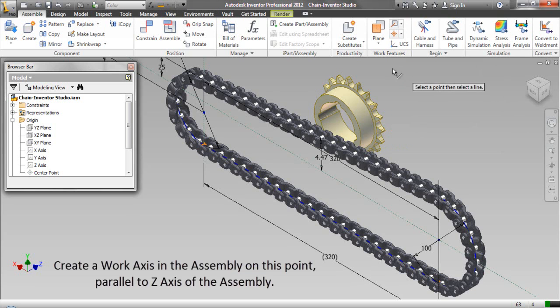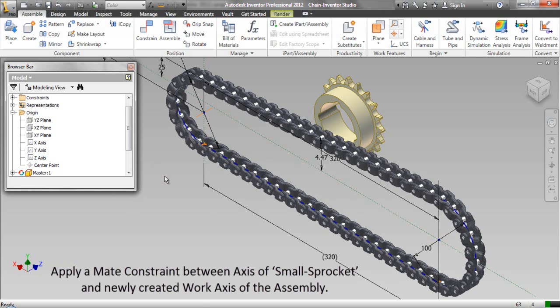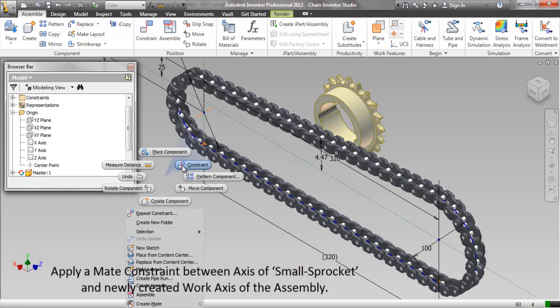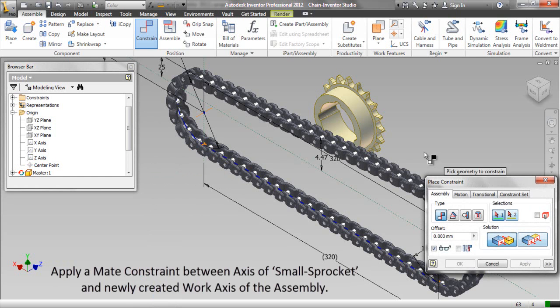Create a work axis in the assembly on this point parallel to z-axis of the assembly. Apply a mate constraint between axis of small sprocket and newly created work axis of the assembly.